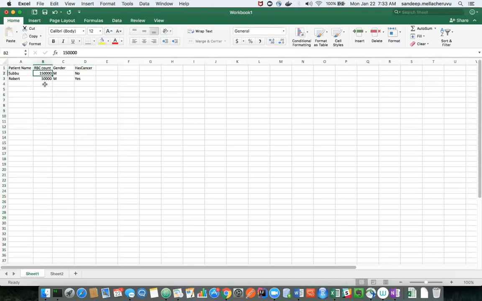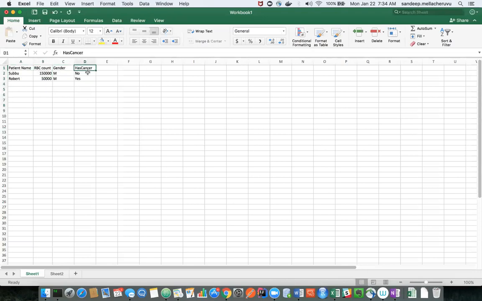RBC count is completely numeric and doesn't have any textual data. You can count, add, subtract, and do all kinds of mathematical operations on RBC count. But you cannot add Subbu and Robert, for example. So these are two different variables.